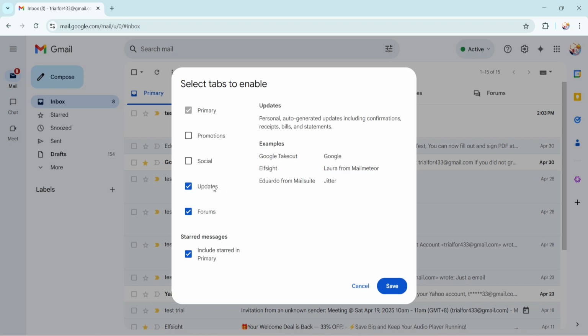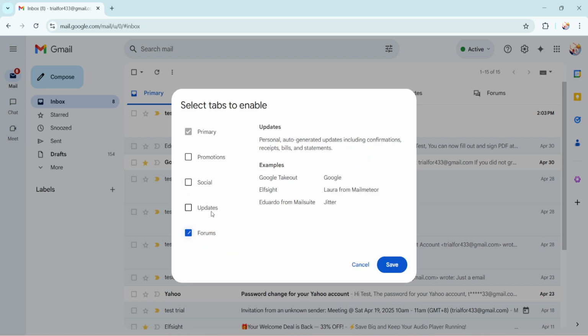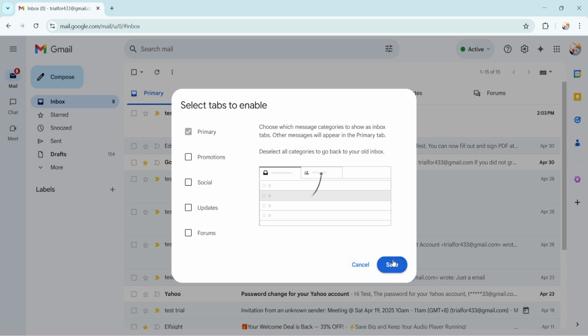Once you've unchecked the boxes of the categories you wish to remove, the final step is to save these changes. Look for the Save button, typically located at the bottom of this menu. By clicking on it, you ensure that your new customized settings are applied. These adjustments make your inbox cleaner, and all your emails will now appear in one place, free from the interruption